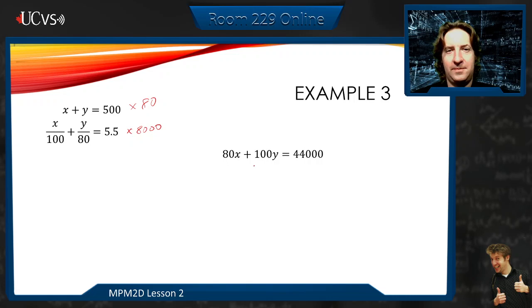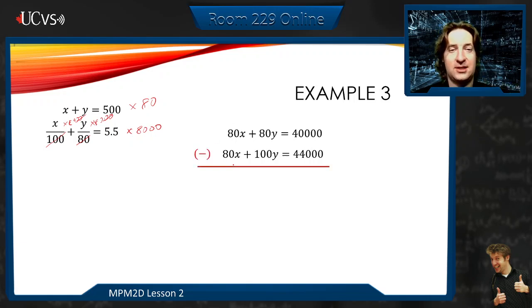So in my time equation here, I'm multiplying everything by 8,000. So 8,000 divided by 100 gives me 80, and this other one gives me 100. And I'm going to end up with 44,000 for the other side. And I'm multiplying the first equation by 80. Notice I just wanted these numbers to match so that I can subtract them for elimination. Really, I just wanted to do elimination because I hadn't done it yet. Anyways,